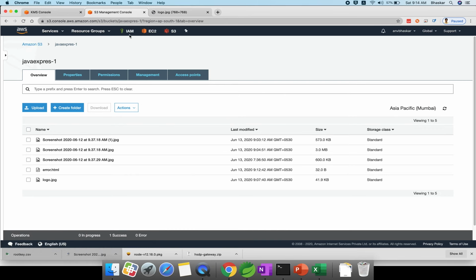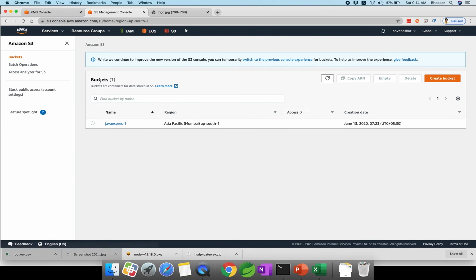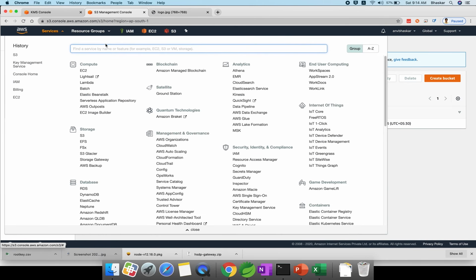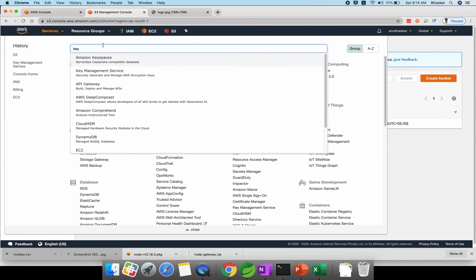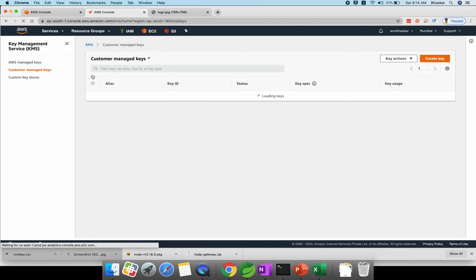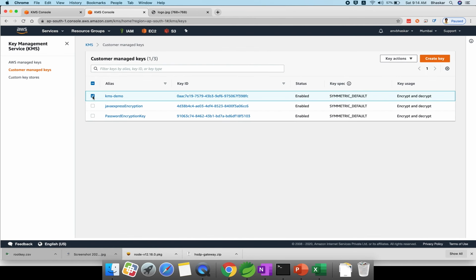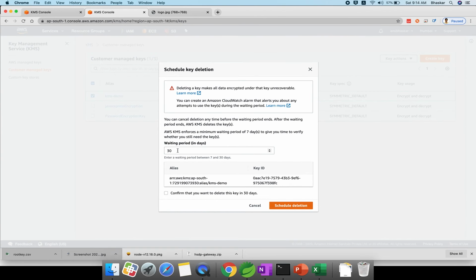Once that is done, go to services, key management services. See, you can't delete immediately, you need to disable your key. Here under key actions, disable and enable. If you want to delete, a minimum of 7 days is required on the server side. If you see scheduled key deletion, the minimum here is 30 days, you can go and change it to 7 days.